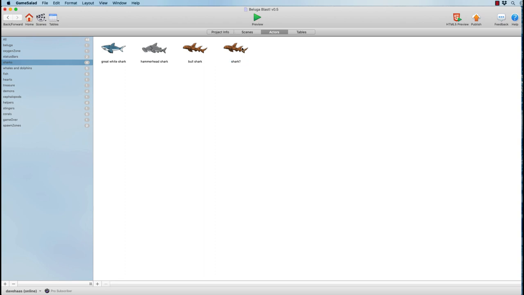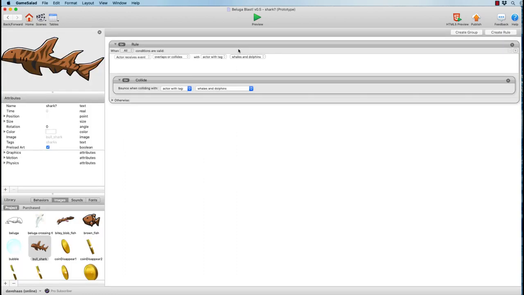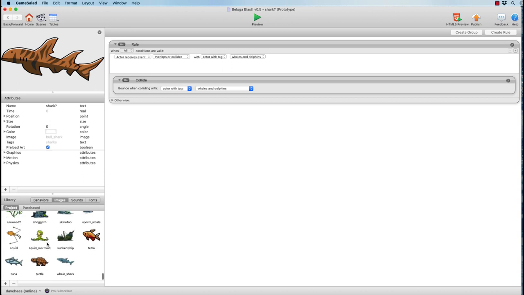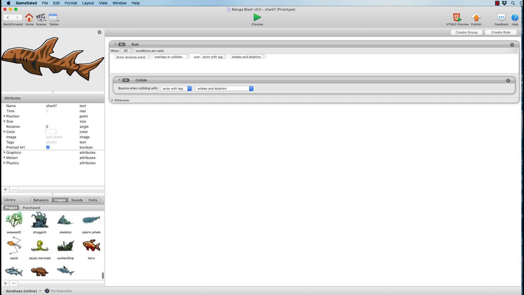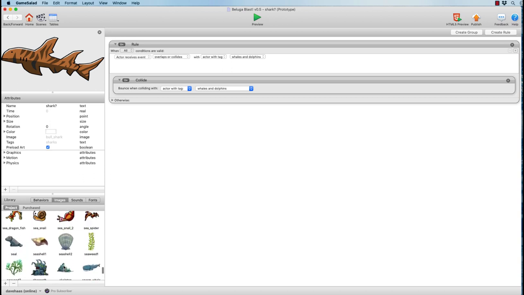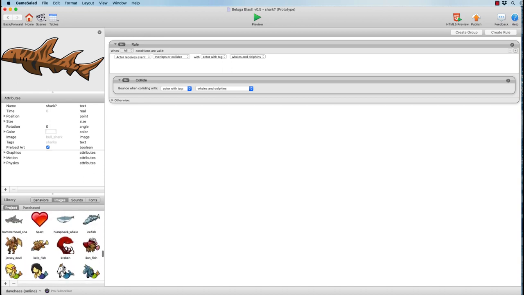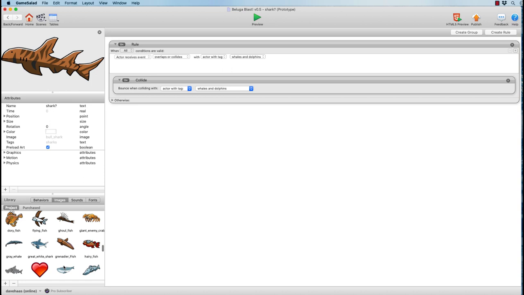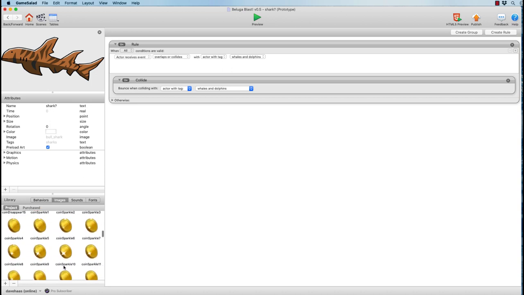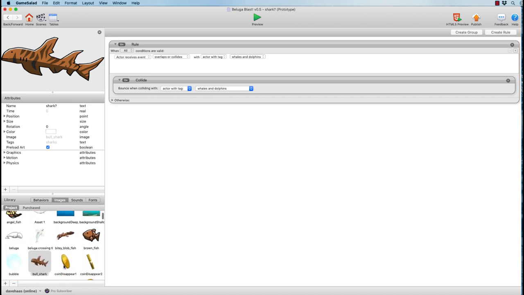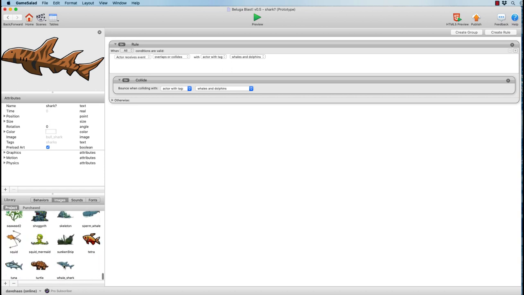So let's say shark, and then let's go into this object, and we're looking at images, and I'm pretty sure I added a whale shark, but I thought we also had another kind of shark in here. So let me just have a quick look through here. Hammerhead, great white. Maybe that was it. Bull shark. All right, so let's just go ahead and make a whale shark.